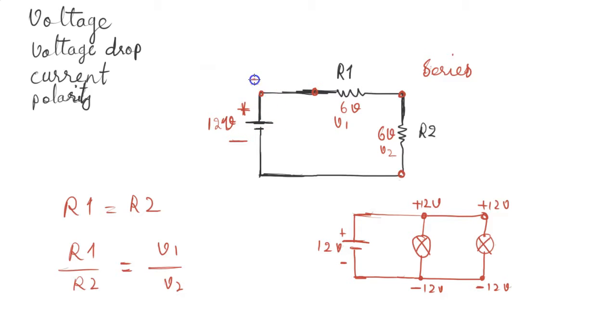I have positive 12 volts, and here I have negative 12 volts, of course. So this negative 12 volts goes over here. So now positive 12 and negative 12 is applied to these two lamps in this configuration, meaning that this lamp is going to get only 6 volts, this lamp is going to get only 6 volts. And so